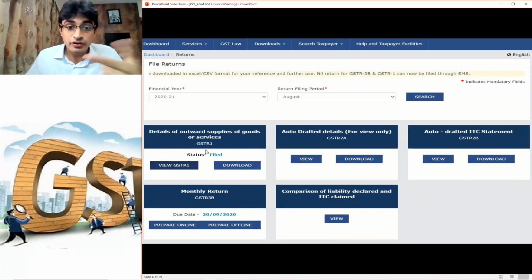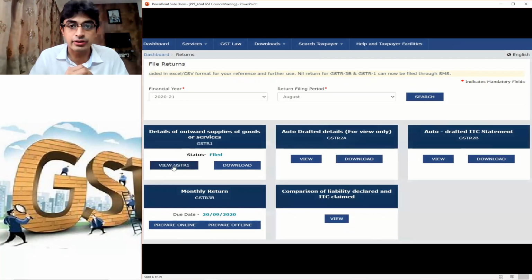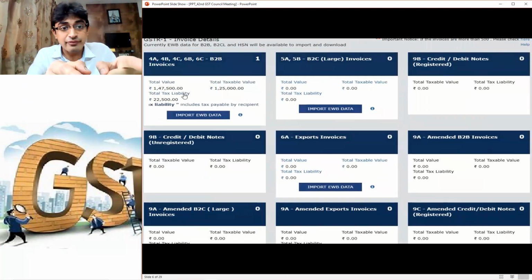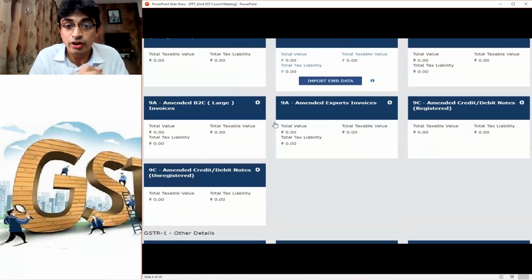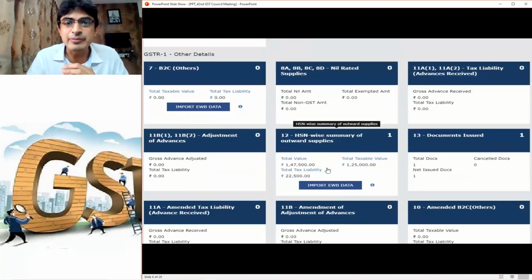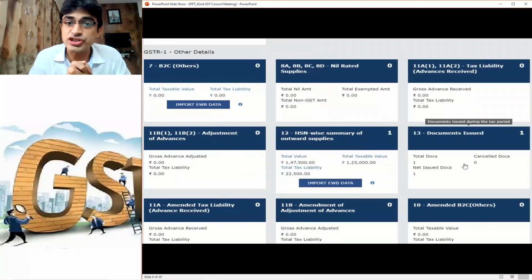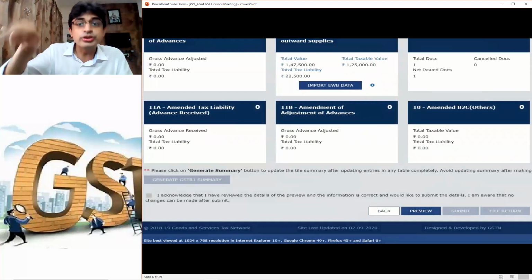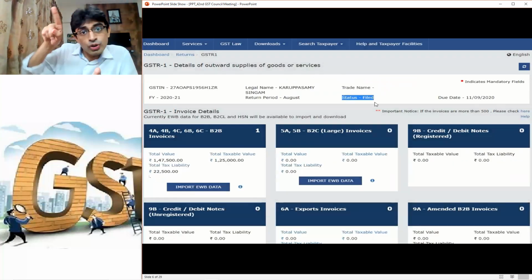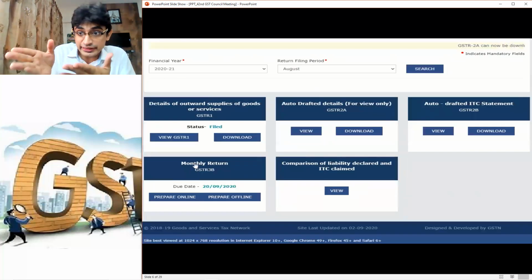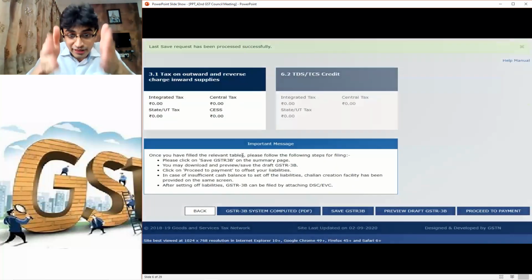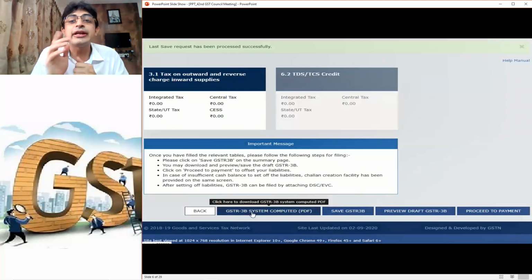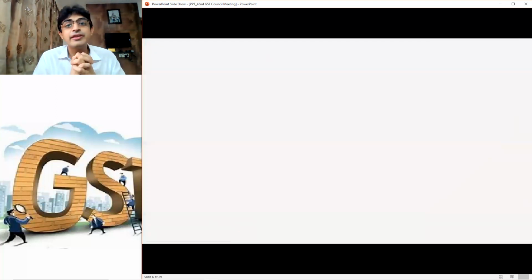This is that. Suppose I am filing GSTR1. Okay, in my GSTR1, I have declared this turnover 1,25,000 and 22,500. I have declared export, I have declared B2C, whatever I declare in my GSTR1. Through this, when you open the same month's GSTR3B, when you come down, there is an auto-generated PDF summary. You can open this summary.